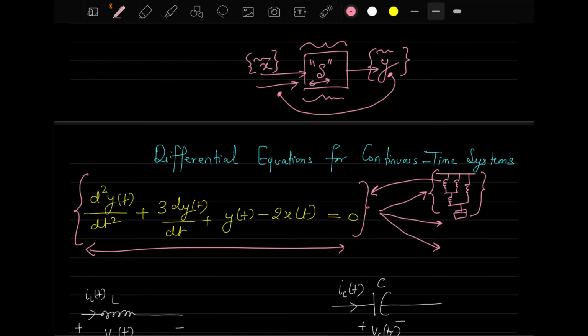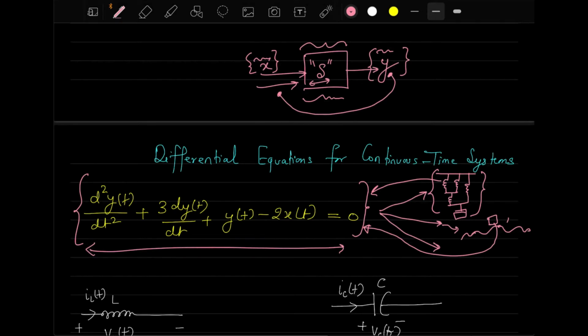The second example is, let us say you have some bumpy road and a car running on this road. The type of acceleration or the pressure that this particular car is putting onto the road, if you try to model that scenario, the variable which you are considering may come up with this differential equation. So I think you must be getting the idea of what I am trying to say.